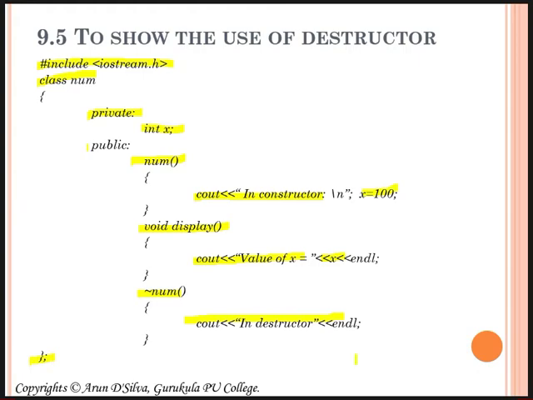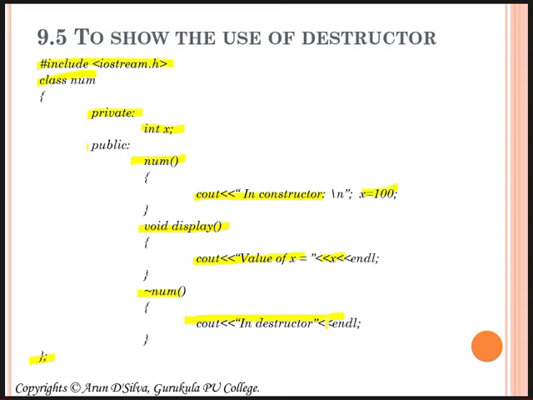Now I closed the class. Whenever the constructor is invoked, the message is displayed and the variable is assigned 100. Similarly, whenever the object is destroyed, the destructor is invoked by the compiler and this message is displayed on the screen.